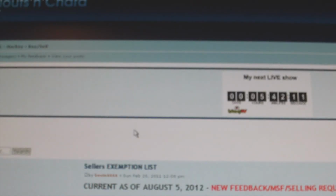Okay, and then one other thing that I wanted to bring to everyone's attention regarding buying and selling. We've had a lot of people put up for sale threads in the buyers and sellers section of the boards that are not at 20 feedback, and they do not have a seller's exemption. And then whenever we as mods or admins PM the person and say, hey, we're terribly sorry, you're not allowed to post up a for sale thread in the buyers and sellers section, because you're not on the exemption list and you don't have 20 feedback, they're giving us a lot of snarky comments